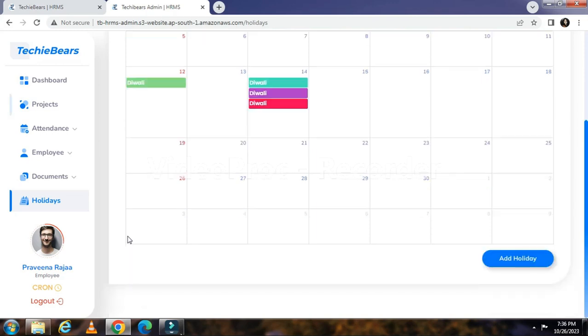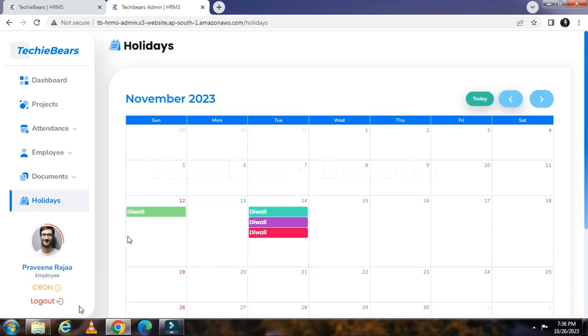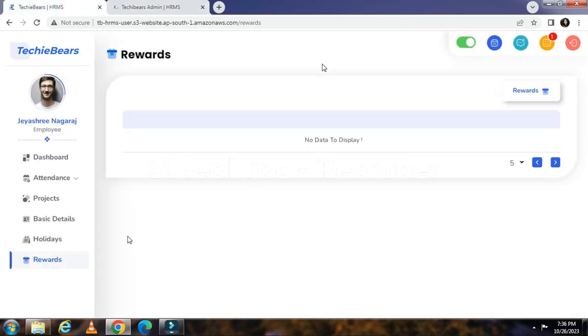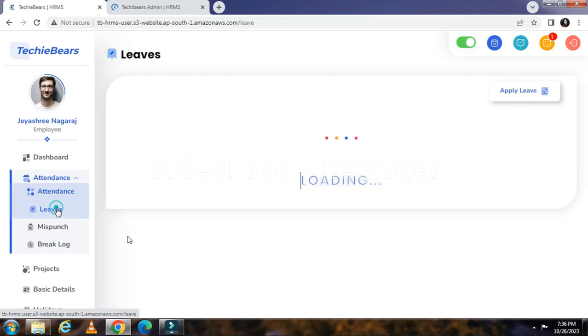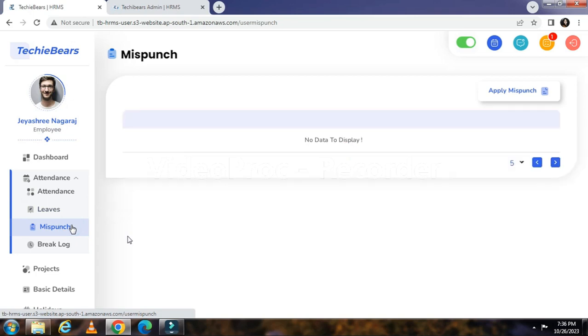Then the admin can log out using this logout button. So if we check the attendance list, which has leaves and mispunches, no leaves, mispunch, break clock, nothing is there. So task